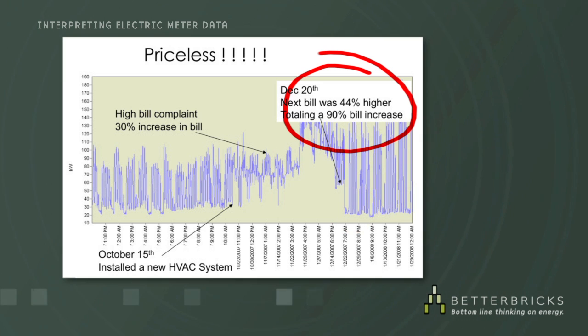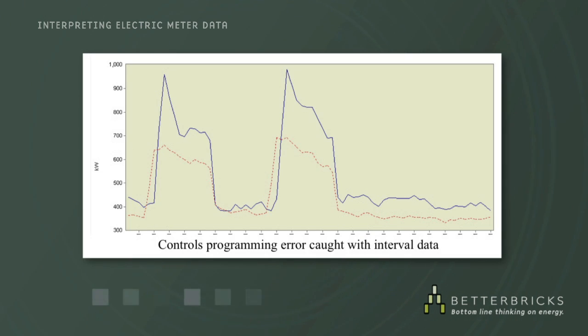In this example here, this is an office building that had the control system reprogrammed. And in fact, the program was wrong. If you notice here, the before is the dash line and the after is after the programming. What they had intended to do is to reduce this morning peak, when in fact, by putting the wrong values in the building control system, it caused the building to start up a little bit later, but peak at a lot higher and stay on for a longer period of time until it shuts off,